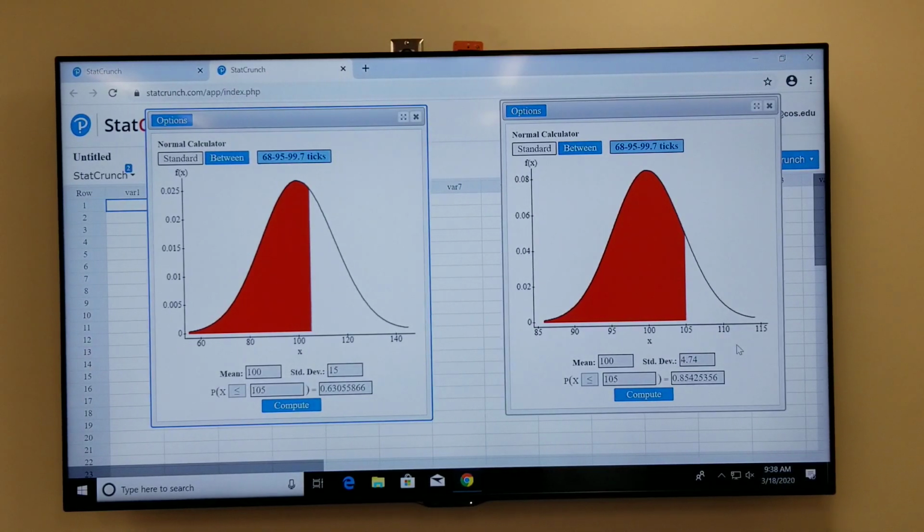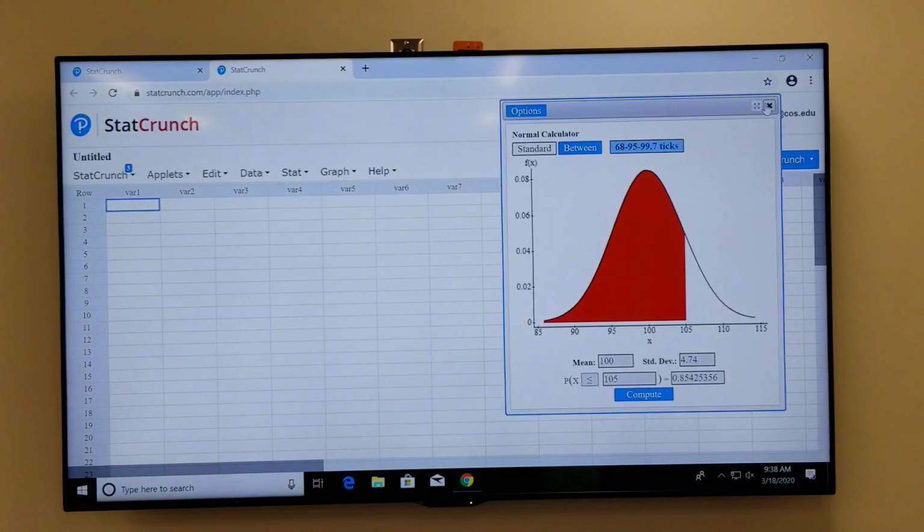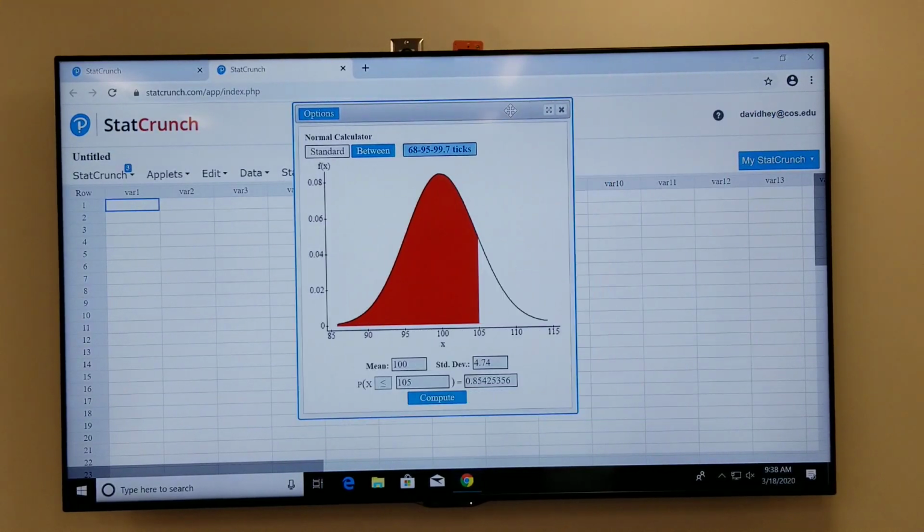So that's how you calculate probabilities involving x bar, at least when the underlying population is normally distributed. When the underlying population is not normally distributed, well, we haven't talked about that yet. We'll talk about that later on in this section. But let's do the second example. So going back to the notes real quick,